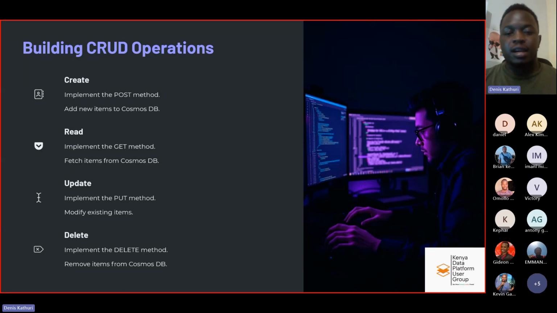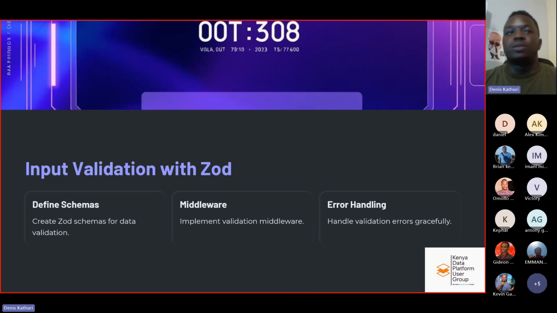And as we implement that, we'll also run some input validation using a commonly known library, which is Zod, where after you define the schema, you create the Zod schema for data validation. Then we implement the validation middleware, and finally some error handling to handle the validation errors gracefully. And finally,